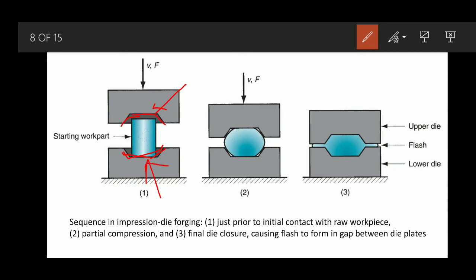And the second figure shows partial deformation, partial compression. So it is undergoing deformation, the height is decreased, and it is laterally flowing. And in the final one, it's the final die closure, and it shows the flash formation in the gap